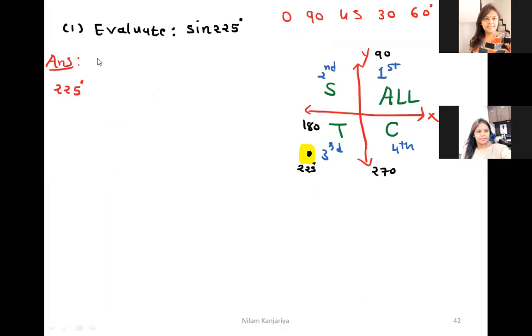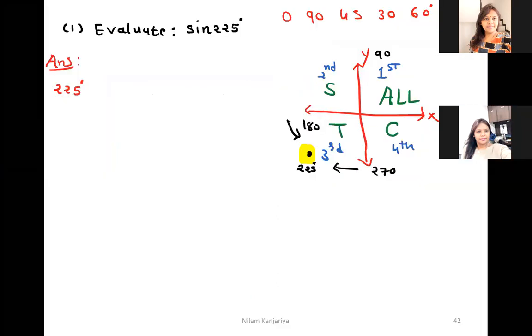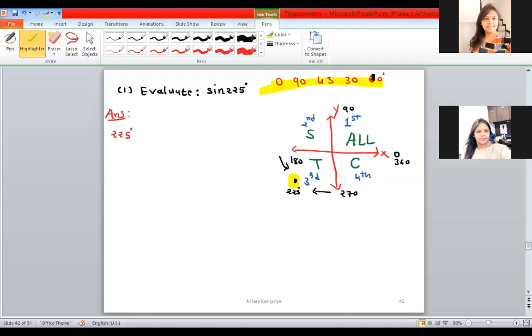Using any two things, I want to take the partition. If you're moving from 180 to 225, something is added. If you're going from 270 to 225, something is removed. But what is added and what is removed? Adding and removing this angle will help you. You just add only this angle and subtract this angle out of any pi.